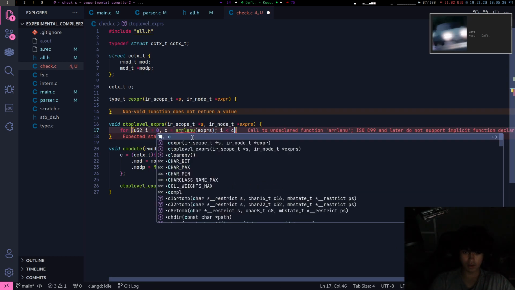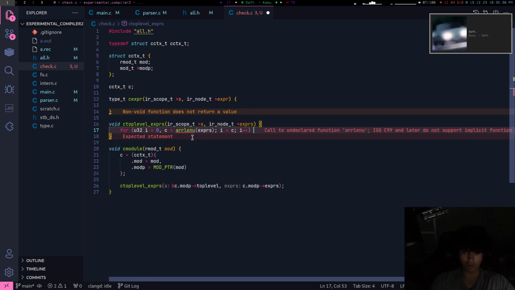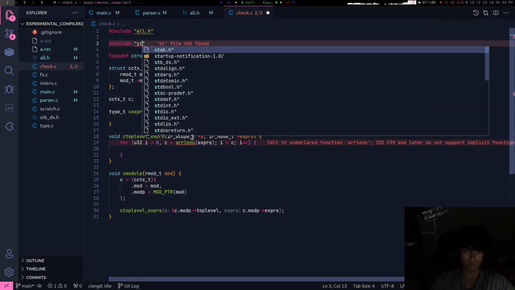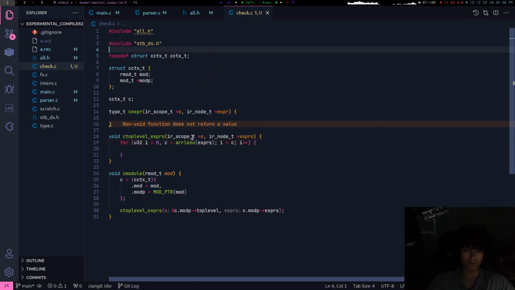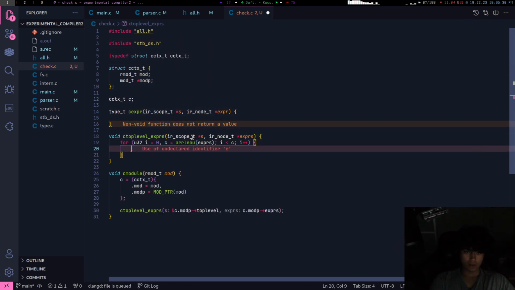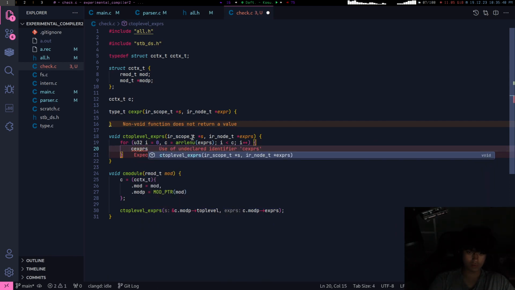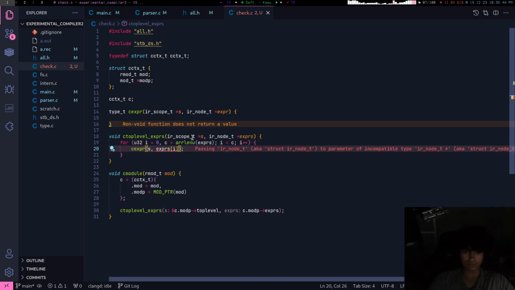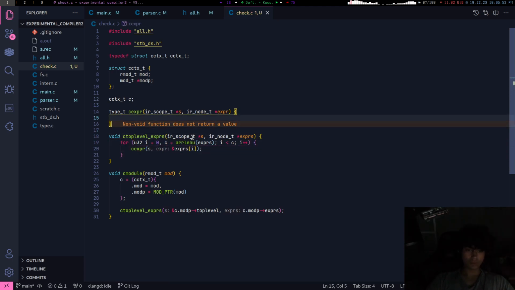I is less than C, plus plus. And STB. Okay. C expert. Is it pointer? It takes a pointer. Yeah, because you're changing it. Okay. Non-void function does not return a value.